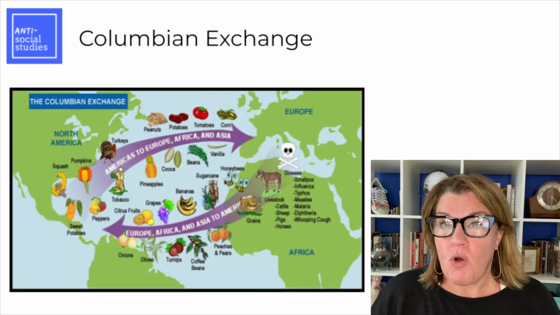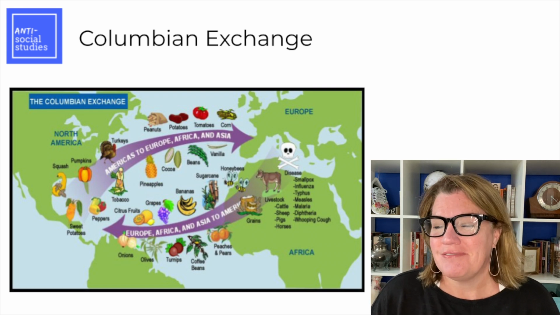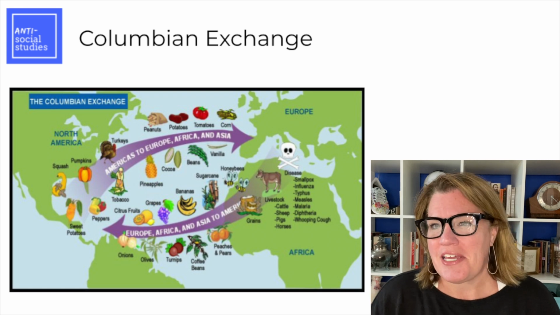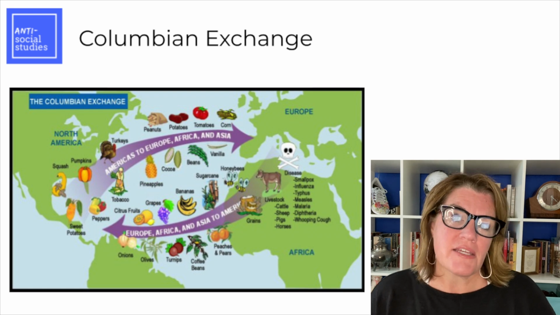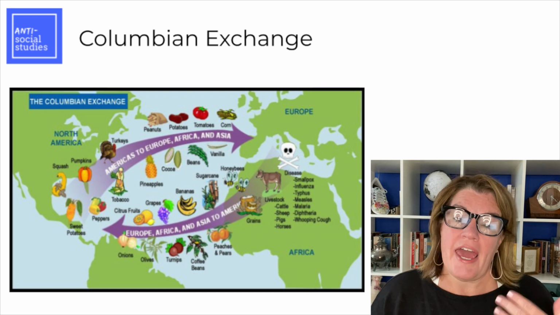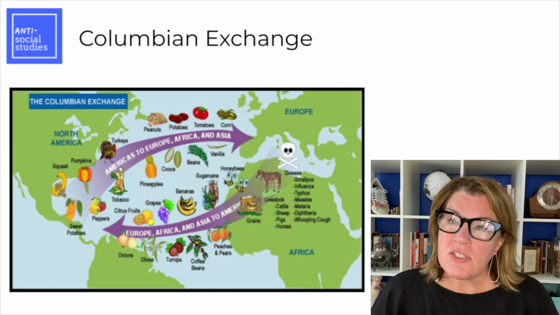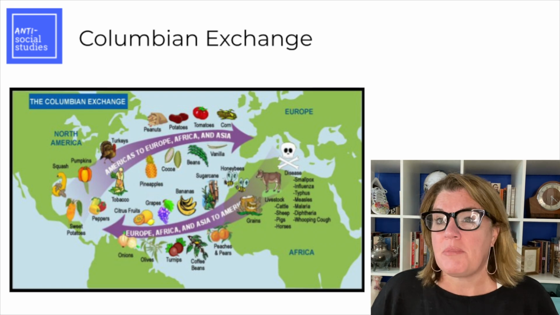In 1491, when this unit kicks off, when officially AP history kicks off, that's when Columbus launches his expedition into the New World. When Columbus landed in the New World, that's going to be the beginning of European colonization and settlement and conquest of the Americas. The key term that you'll need to understand out of this unit is the phrase Columbian Exchange.